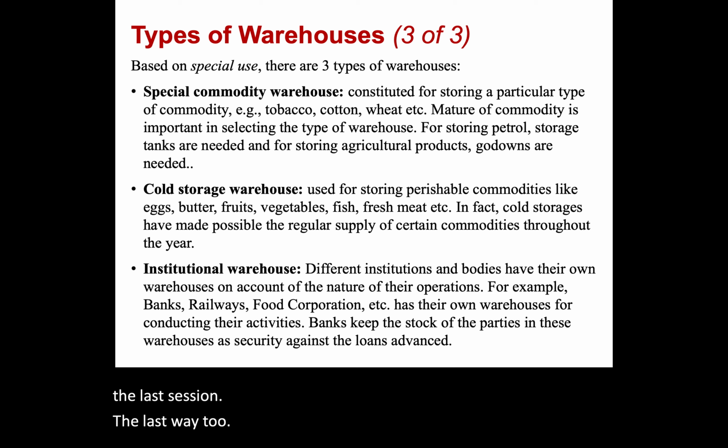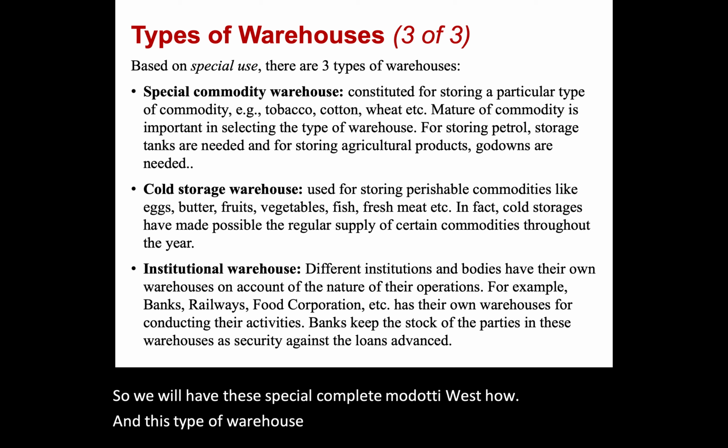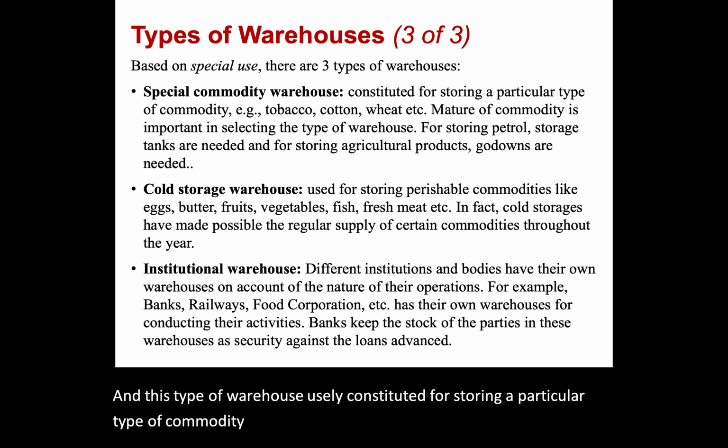The last way to classify warehouse will be based on the special use. So we will have the special commodity warehouse, and this type of warehouse usually constituted for storing a particular type of commodity such as tobacco, cotton, wheat,